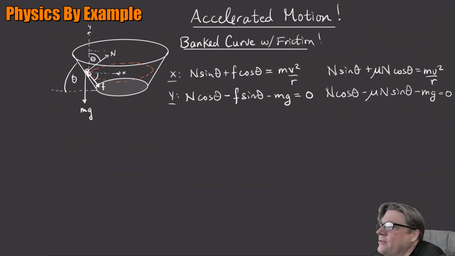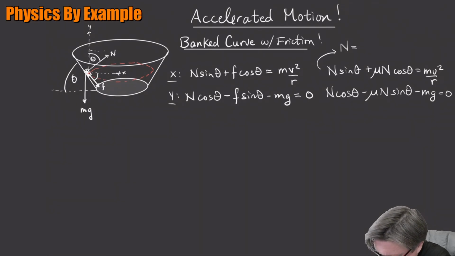Since the top equation only has a couple of terms on the left-hand side and the bottom equation has 3, I guess I'll do the top one. So n is going to be equal to, if I collect those terms and factor them out,